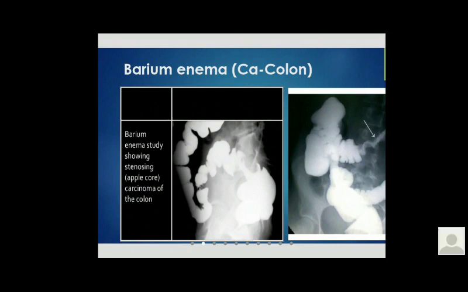Sir, it would be good if you could say the treatment once more. So, treatment of right-sided colonic malignancy is right hemicolectomy. Treatment of left-sided colonic tumor is left hemicolectomy. And for the rectum, if it is in the upper rectum, it is anterior resection, with or without covering ileostomy. If it is in the lower rectum, and if the sphincter is involved, in that case we can go for APER with permanent colostomy. Now it is clear.